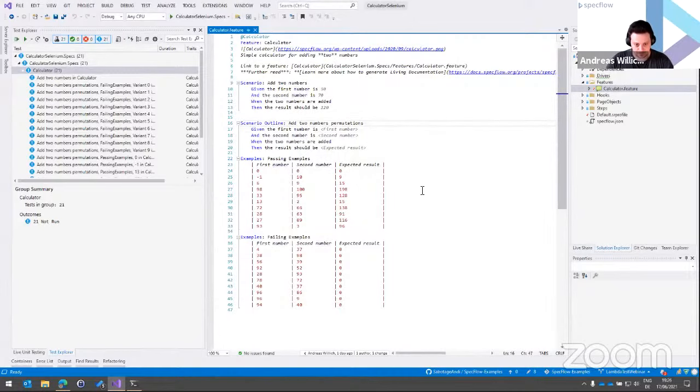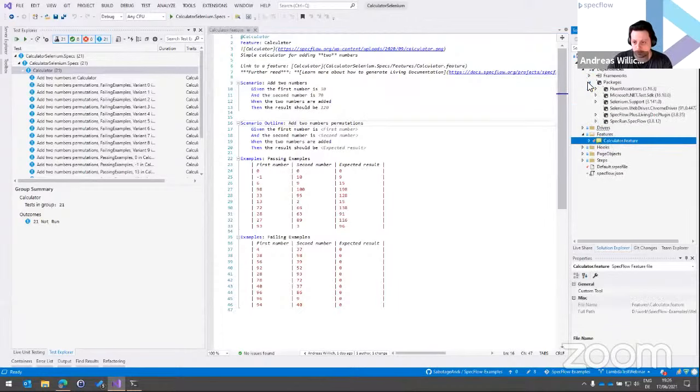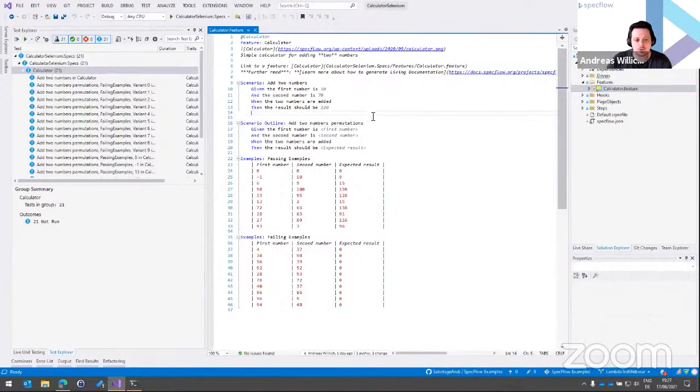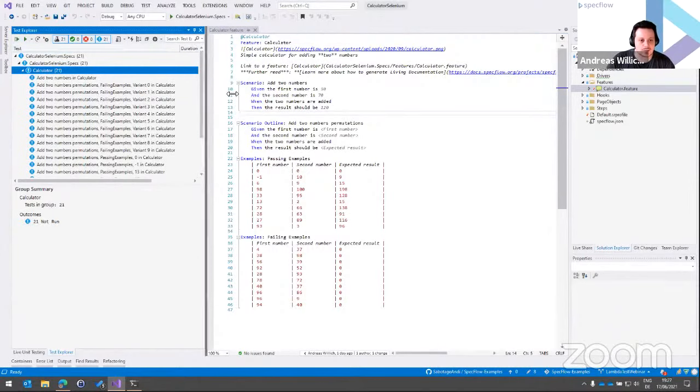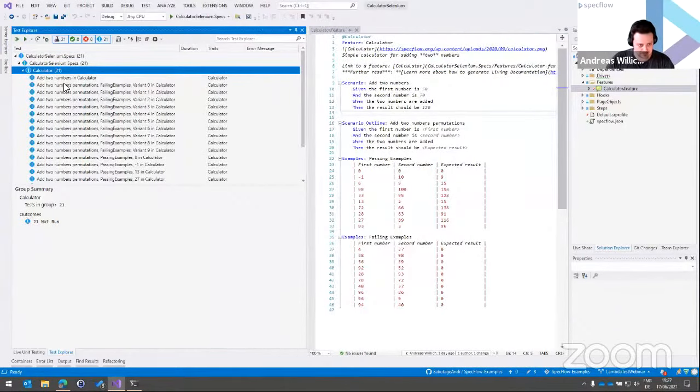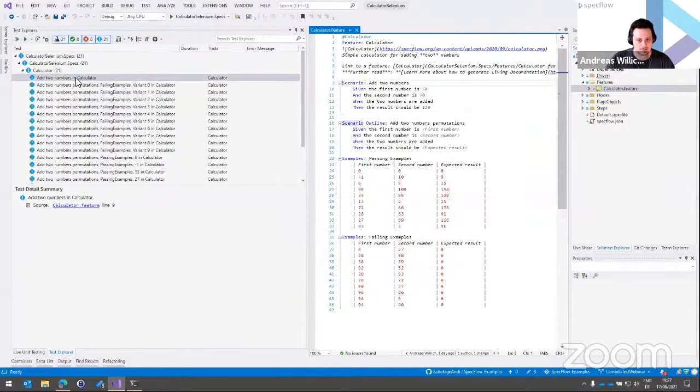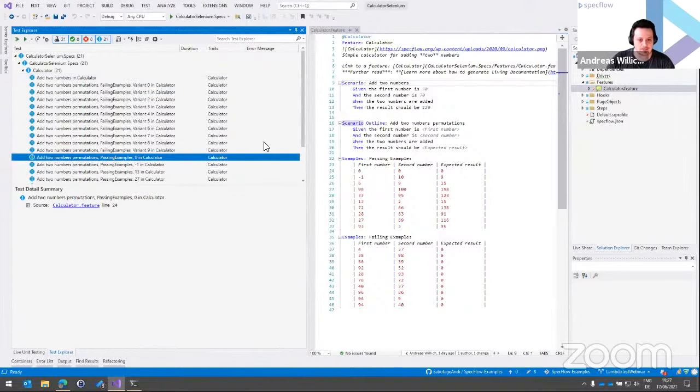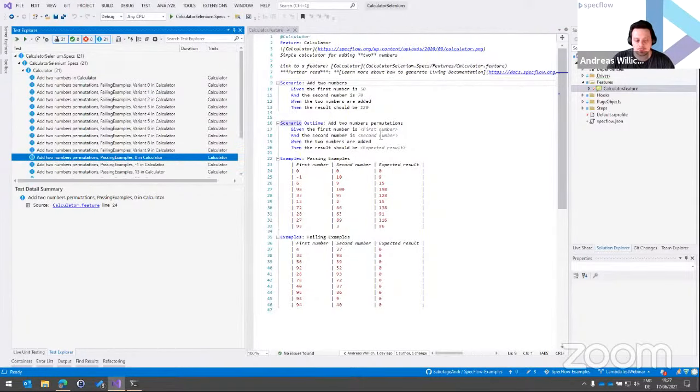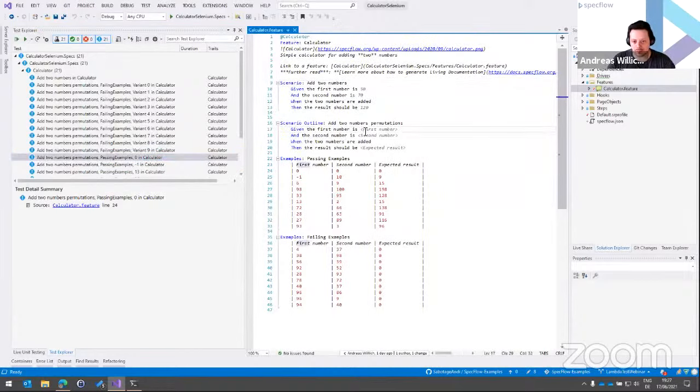So yeah, you have the feature file here. And because we have SpecFlow added to the project, and SpecFlow is done via some NuGet packages you add to your project, when you compile this, you get in your Test Explorer in Visual Studio a test for the scenarios. Let's make this a little bit bigger. We have our first scenario, and then we have all the scenarios from the outline with failing examples and passing examples. And what this is doing here is we have hosted